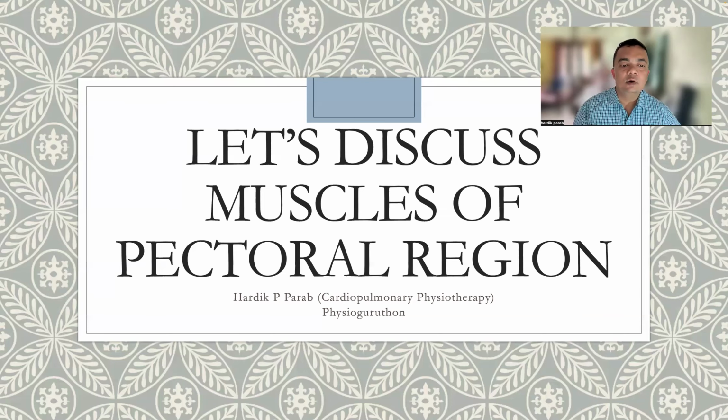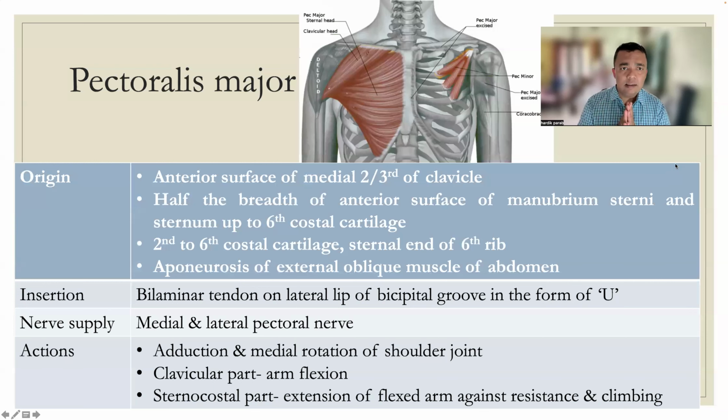So let's discuss the muscles of the pectoral region. The first thing we need to understand is that there are three main muscles in the pectoral region: pectoralis major, pectoralis minor, and subclavius. Pectoralis major and minor are the important muscles we have to deal with in the physiotherapy field, not even the subclavius,